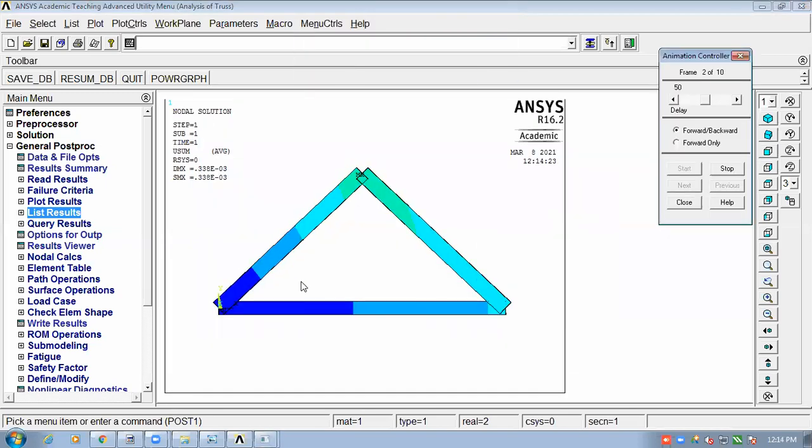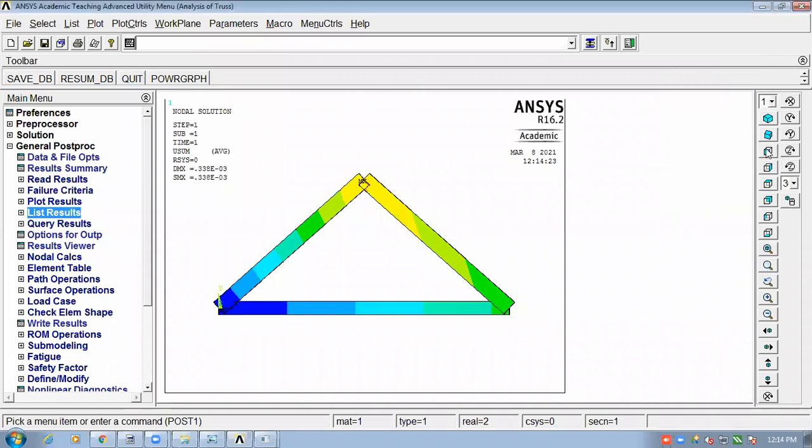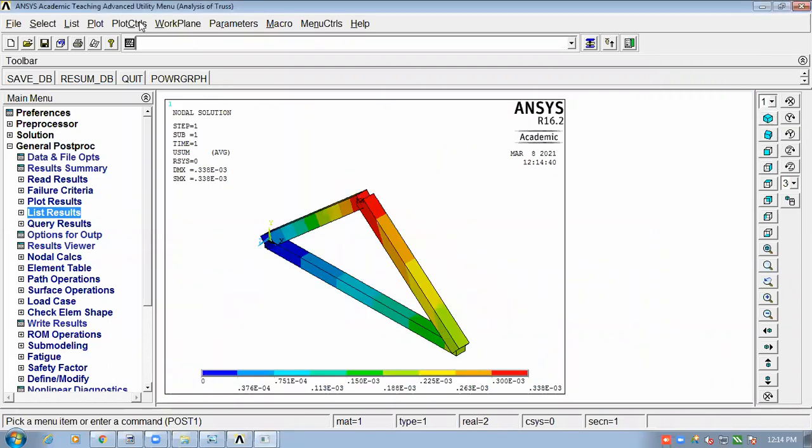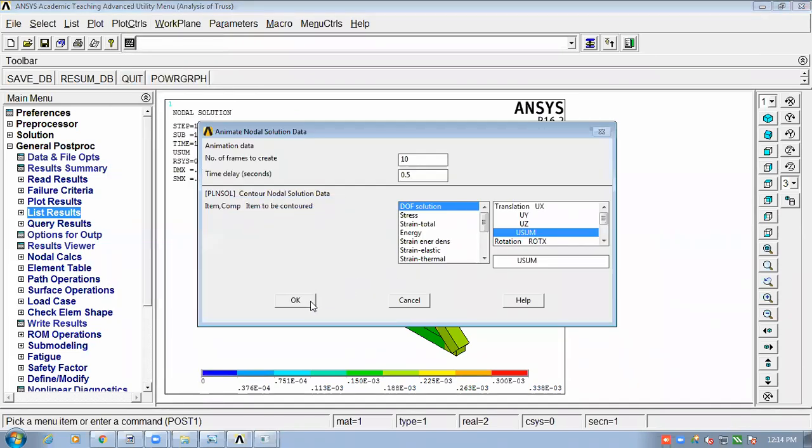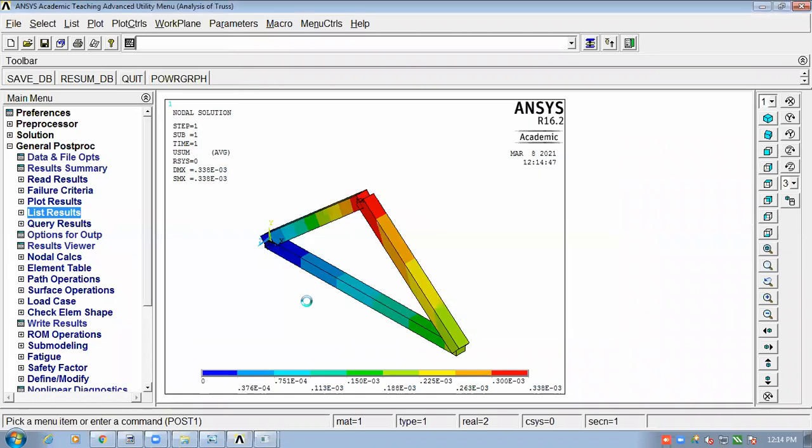I'll just say no. Is it okay with this one? Let me know. Okay, so I'll just stop it, close it, and see that animation in the isometric view.